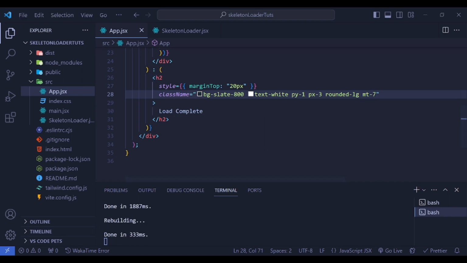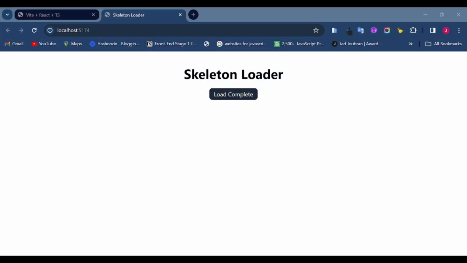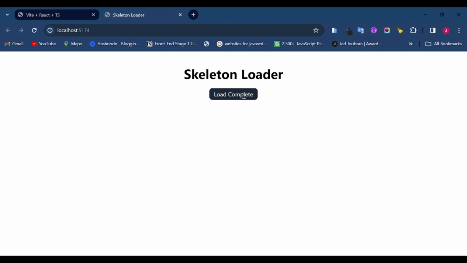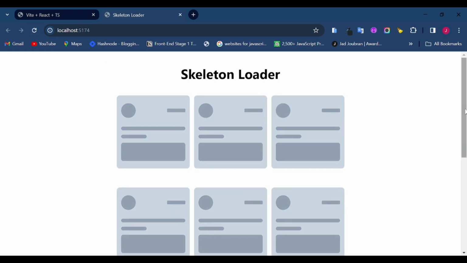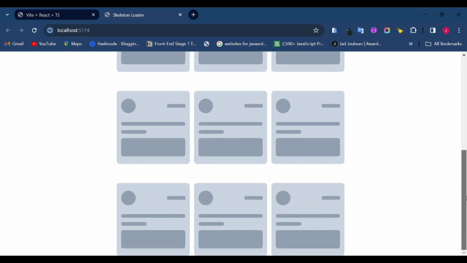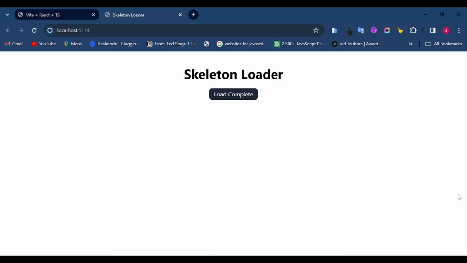And if we head back to our browser, we're going to see that the styles have been applied, and then when we refresh, we should see that load effect take place. So the skeleton loader is being applied accordingly,